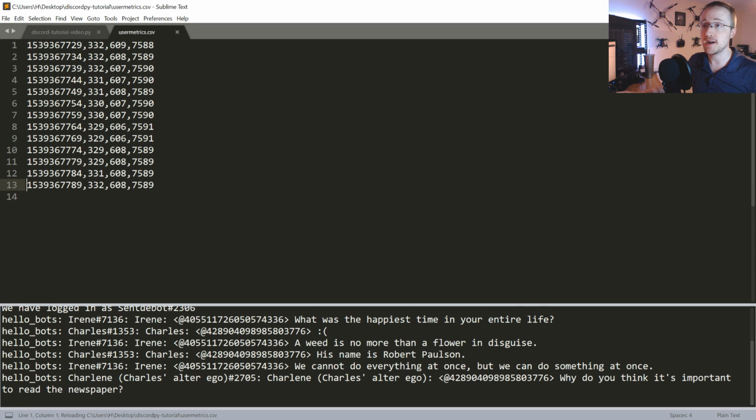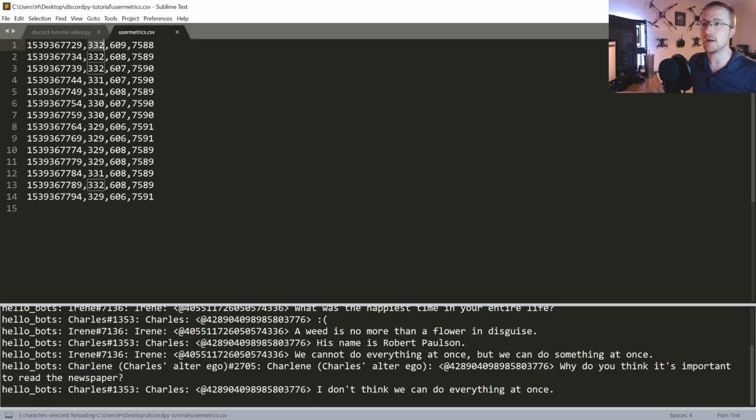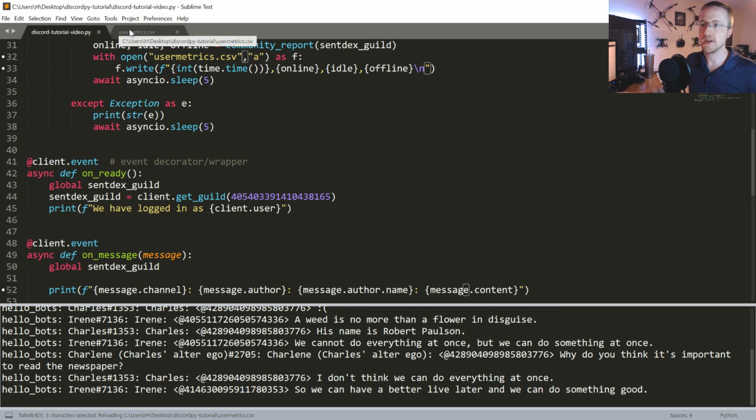Interesting. So over time, I forgot already, this is probably online, idle, and then offline. And then you could add these all up to get total users. Yeah. And then this is just time, the Unix timestamp. Cool. Okay, so last thing I want to try is rather than on ready, let's continue globaling Centex Guild, but